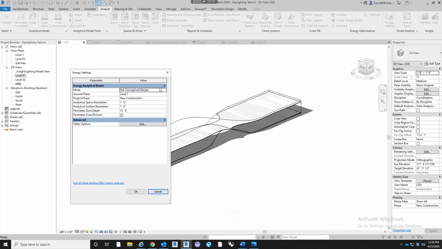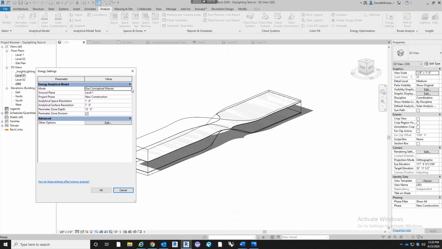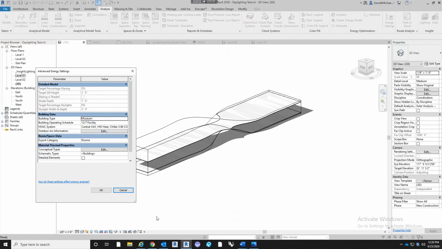since we really only have conceptual masses, but we also have some floors in there, so we'll want to do conceptual masses and building elements. And then this is the resolution of the space. So this is at 1'6". Let's make it 1 foot. New construction ground plane is going to be at level 1. Yep. And then if we go to other options,